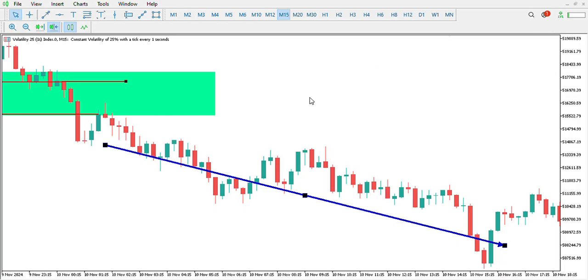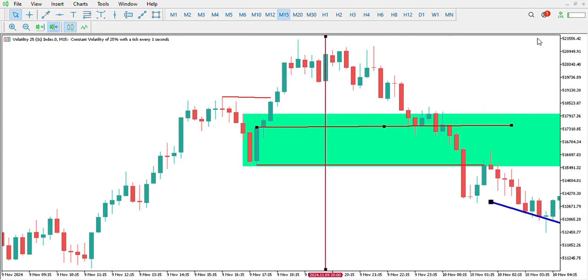So I think you have understood the breaker block concept. For those who have understood liquidity,